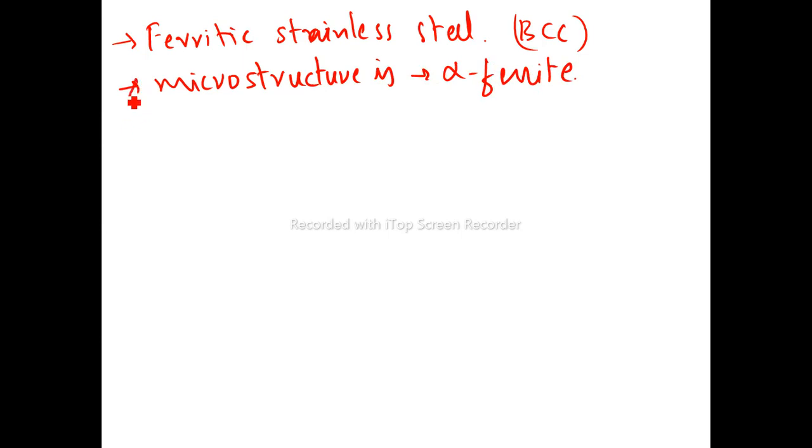Okay, and as I explained in the previous slide, the strength can be enhanced with the help of cold work, not by heat treating. The common examples are